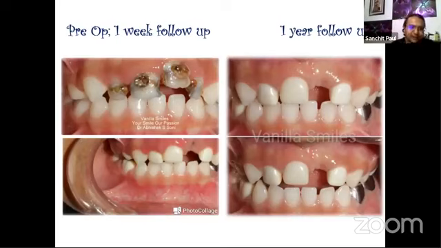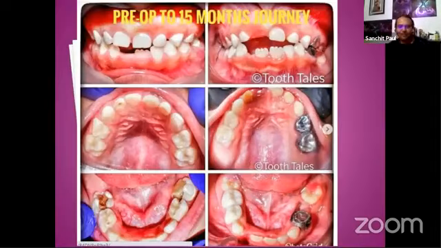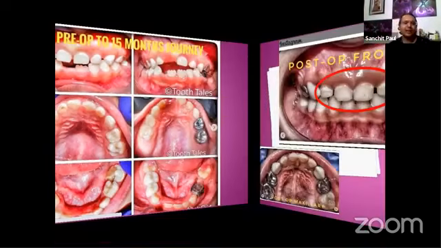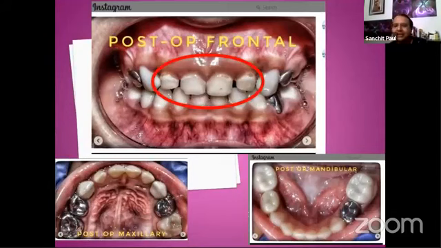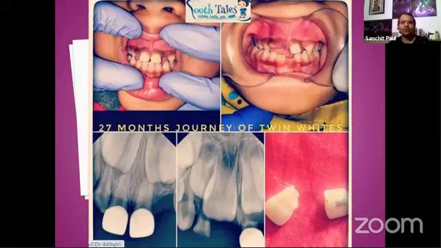Just see the pre-operative, how it was, and just see the post-operative. I don't think anything can compare to the outcome we can achieve with these crowns. So this is phenomenal in my understanding. Again, these are some of our cases where the children come with full-blown SEC, things are pretty much badly damaged, and over time, the children get a beautiful smile. So it's important to take care of the aesthetics for the young ones. They are not just dealing with primary teeth, which will go off.